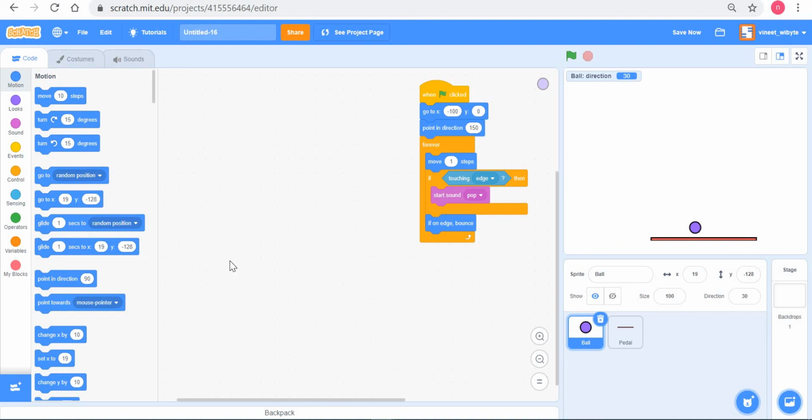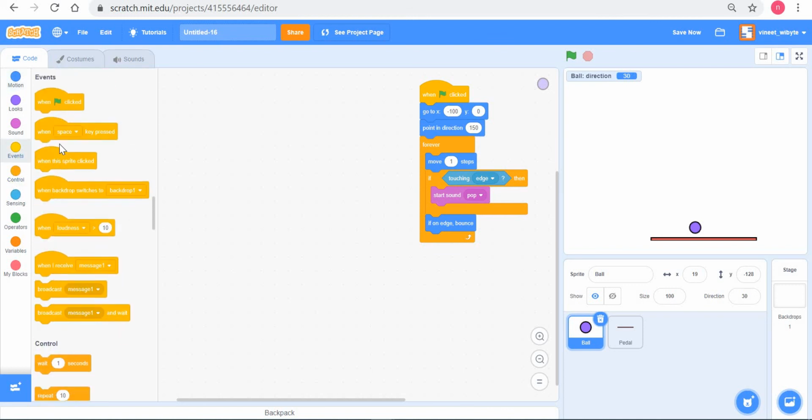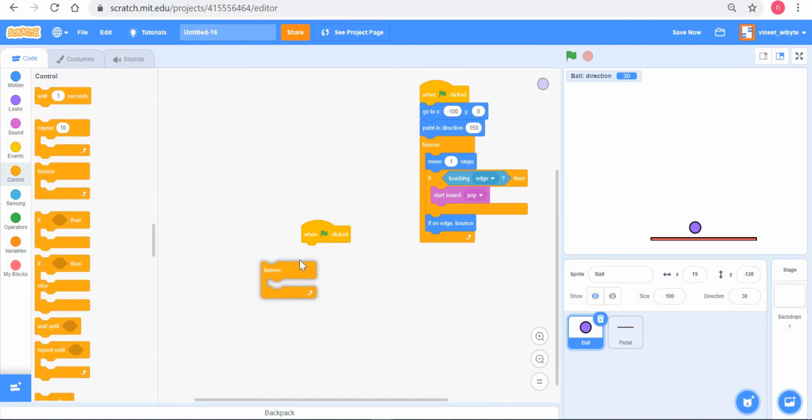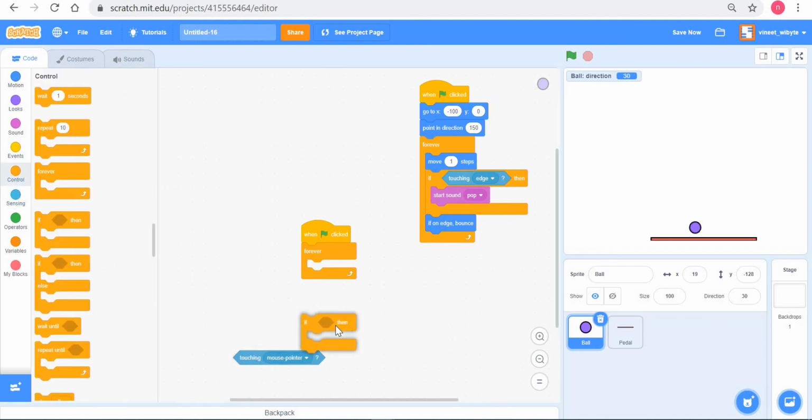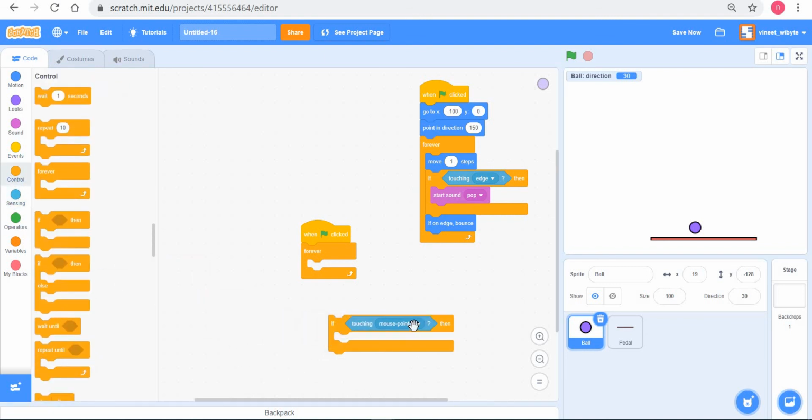So all I have to do is put the event when flag clicked, forever, then a control if, and a sensing block, touching pedal.